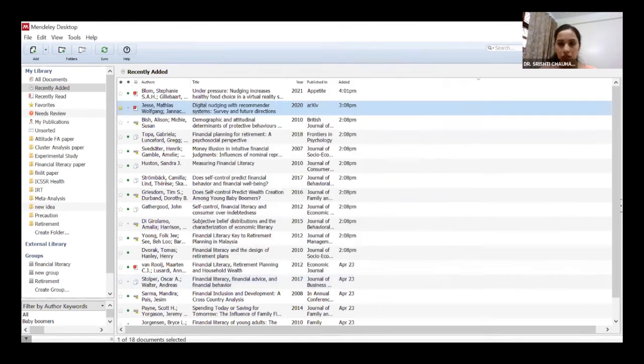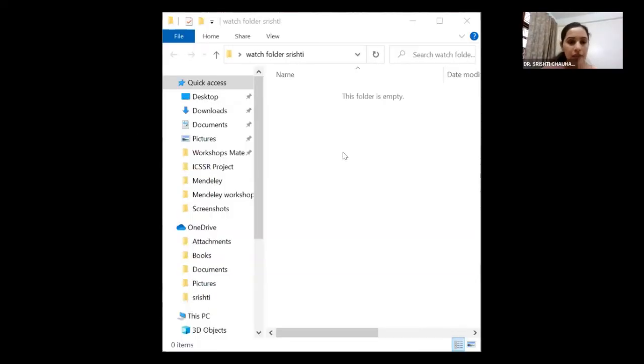Now let me share my screen because I want to show you how it works. Share screen. Okay, watch folder. हाँ, ये मेरा वॉच फोल्डर है जो मेरा डेस्कटॉप पे था, इसको मैंने वॉच फोल्डर असाइन कर दिया. अब सपोज मैं